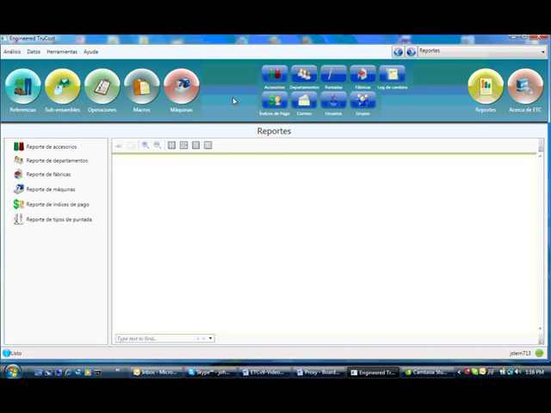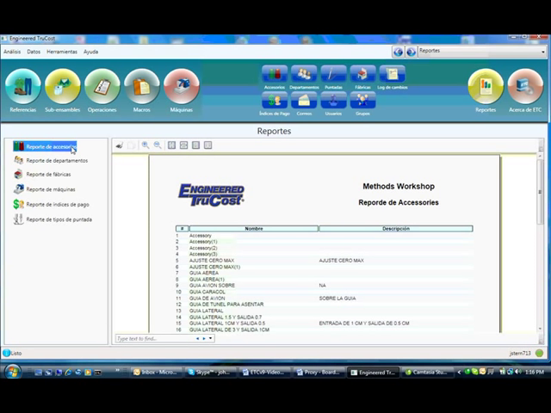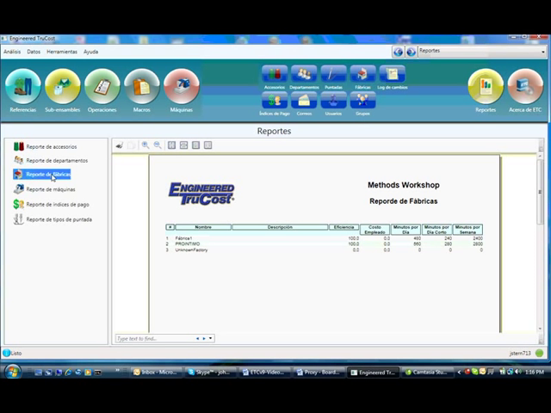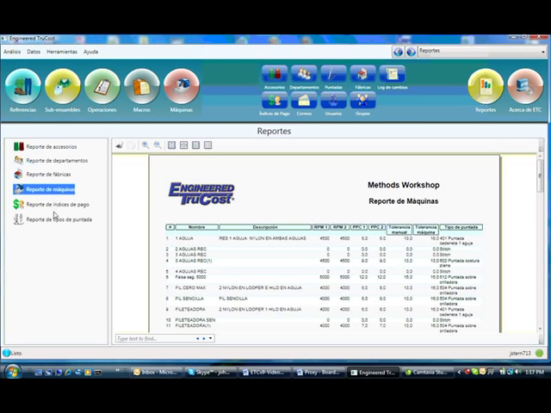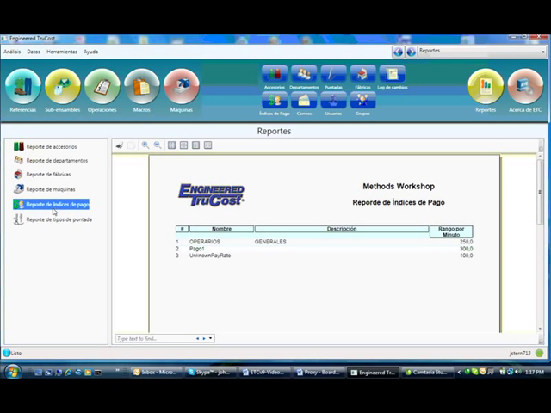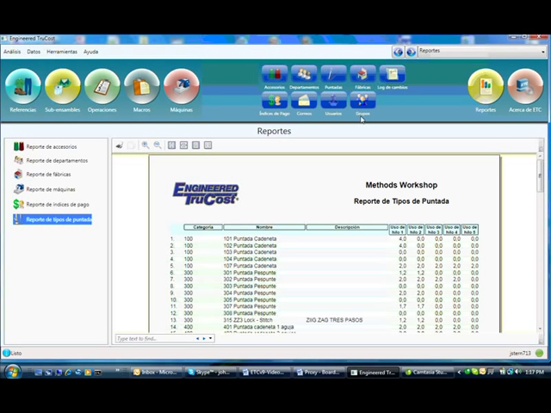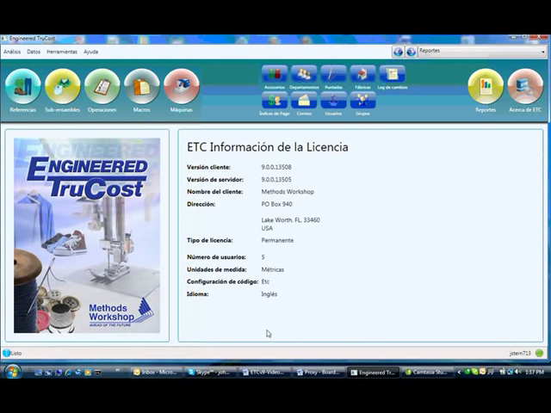We have a full line of reports whereby you can actually have a list of accessories, departments, factories, machines, a full list of machines, full of pay grades, and of course a full list of the stitch types and what they are. Moving on to the end, we're back to the licensing. Again, this is just a very quick review of what ETC9 is, what its new capabilities are,